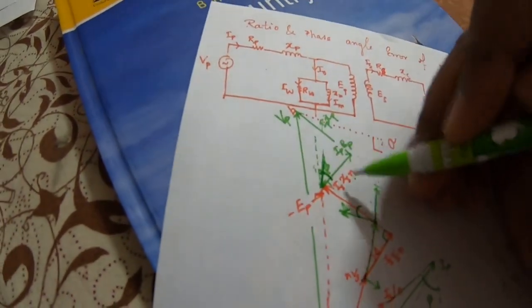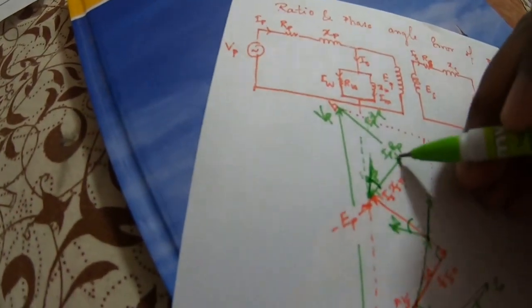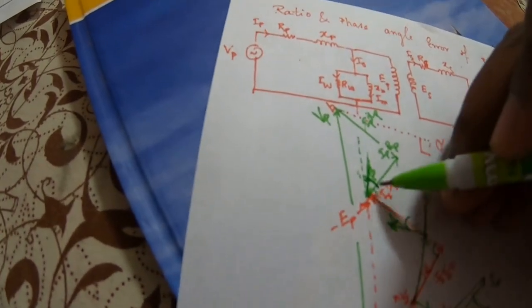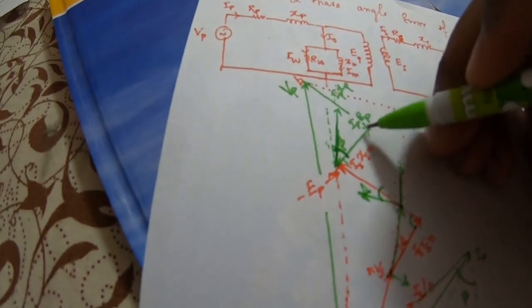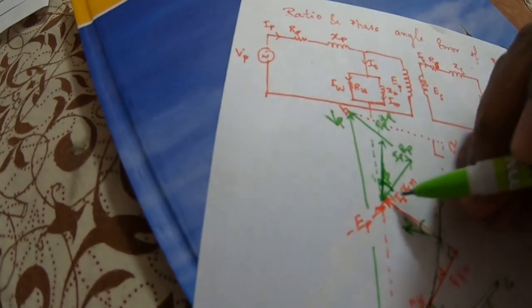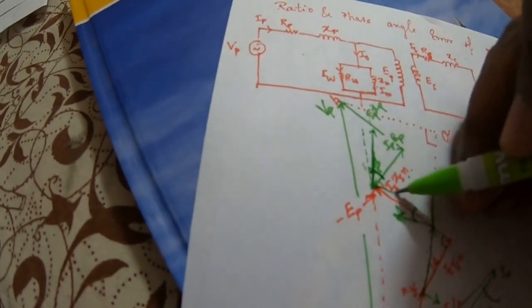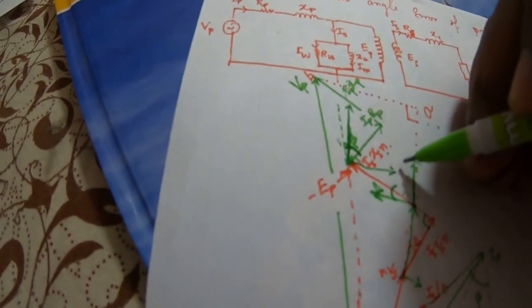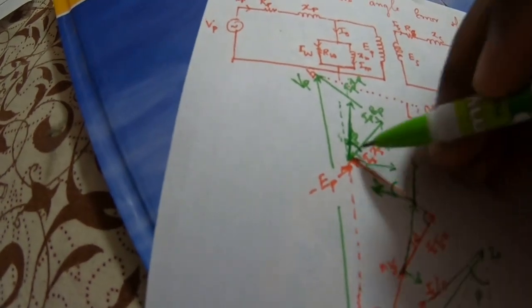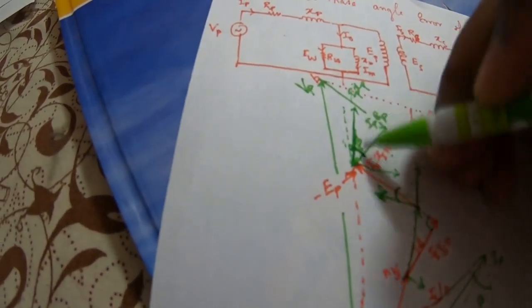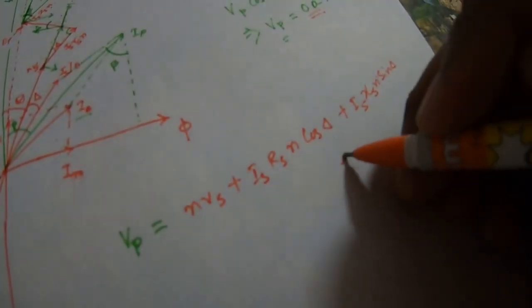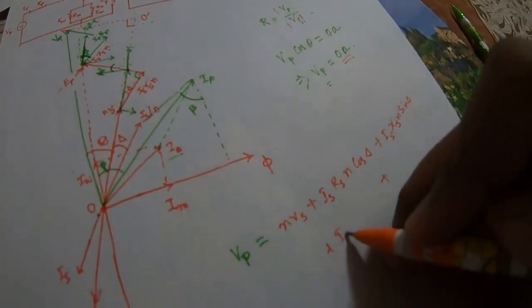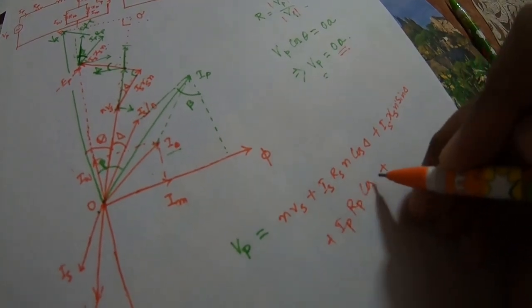So now what will happen then? So this Is Xs/N is done, this is Ip Rp up to there. So now along this axis we'll be having a component of this Ip Rp, that is Ip Rp cos beta, and along this axis we'll be having Ip Rp sin beta. So now we'll be having to go to this A, so we'll be having Ip Rp cos beta. So just write down this thing, that is plus Ip Rp cos beta. Okay, so now up to this we are going.